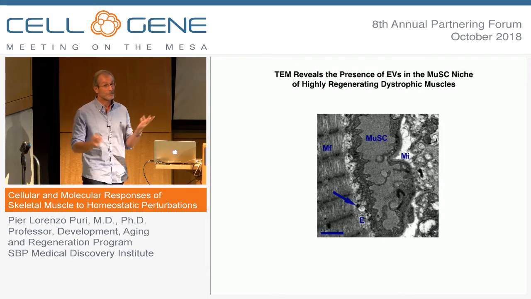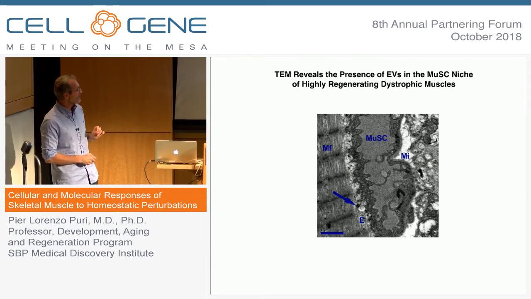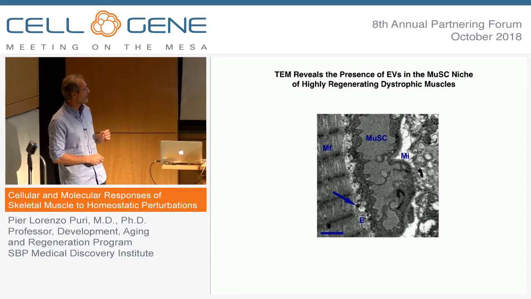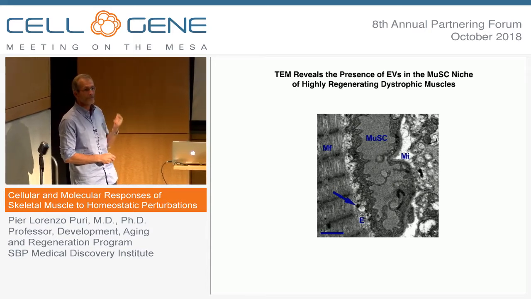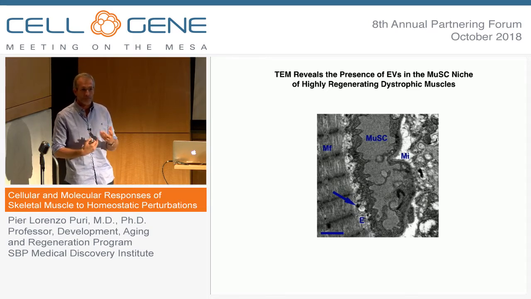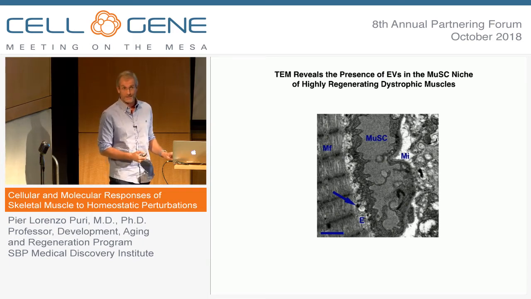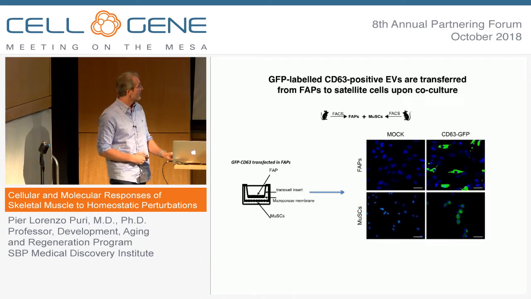So you can see, it could be one of you guys. You can see in the electron microscopy picture that it clearly spots one of these vesicles in close proximity of satellite cells. So it's highly possible that these vesicles mediate important information between muscle satellite cells and neighborhood cells. And this is the formal evidence that when you transfect